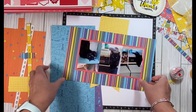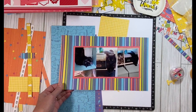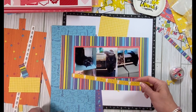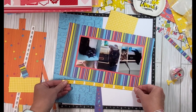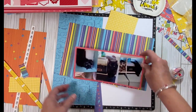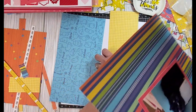So what I was thinking is inking the edges in charcoal. I haven't inked the edges on anything in a while. So I inked the edge of this branding strip. I think it looks good. So I am going to ink the edges of everything. And what I think I'm going to do,